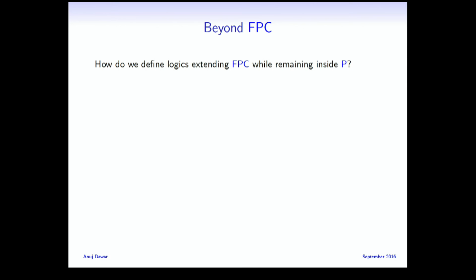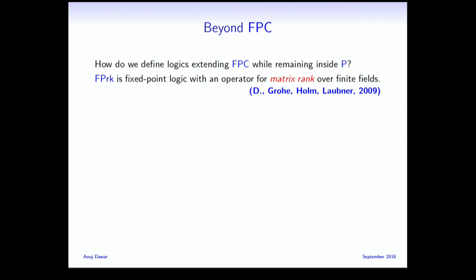Okay, and so my last slide, I wanted to say, so what can we add to FPC while remaining inside P, now that we know that FPC is a proper fragment of polynomial time? We've looked at logics with matrix ranks, a rank operator, or finite fields. This is actually, in some sense, specifically designed to address the one problem we know, the systems of linear equations. If you had an operator for computing the rank of a matrix, you could express that. So it's clearly strictly more powerful.